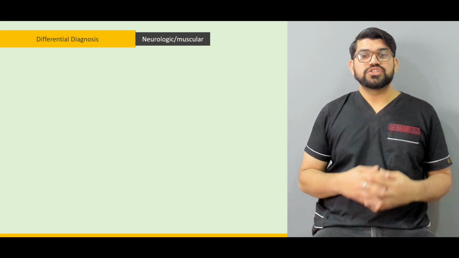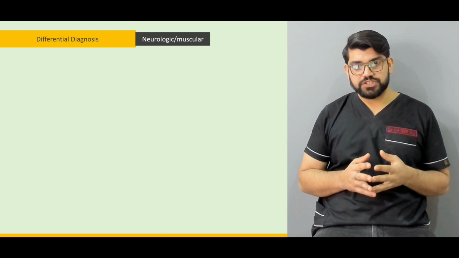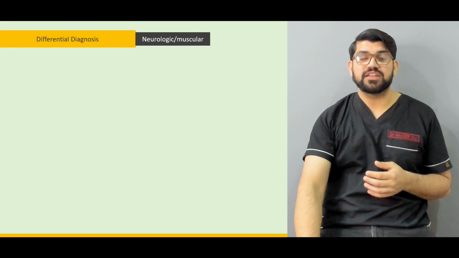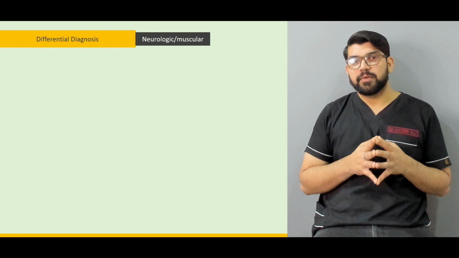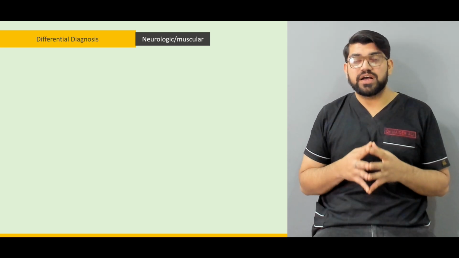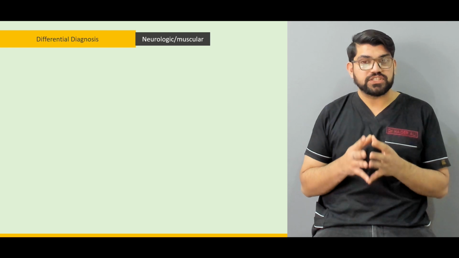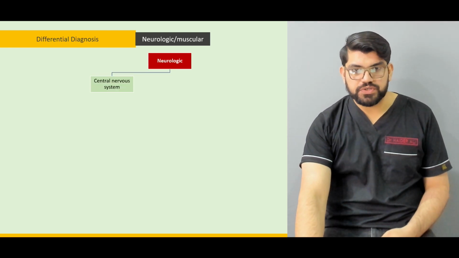So, moving on to the differential diagnosis of respiratory tract symptoms that are due to neurological or muscular disorders. As I mentioned in the beginning of this lecture, there are multiple injuries that can lead to a respiratory compromise. So neurological and muscular is one of them. Moving on to neurological,